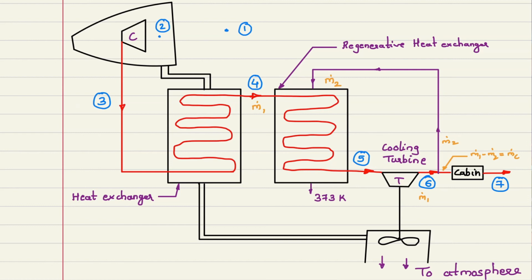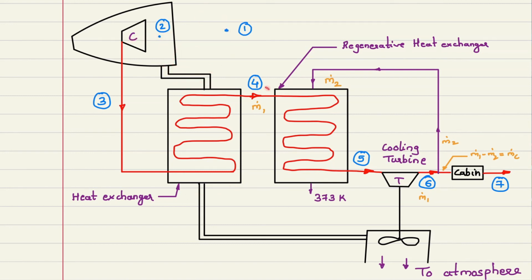Now if you observe the diagram at point 1, suppose we have a certain mass flow rate of air m dot A. Now this mass flow rate is split. Some mass flow rate enters the compressor, some enters the heat exchanger. So this entering part is m dot ram. Now m dot ram can be calculated if the temperature difference of inlet and outlet of the heat exchanger is given for the ram air. So we can find m dot ram as we have seen in the previous numerical. Now for this numerical we are not interested in m dot ram.